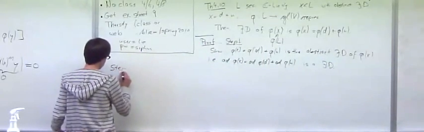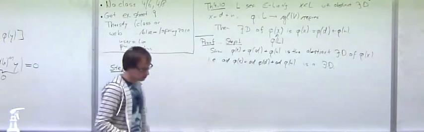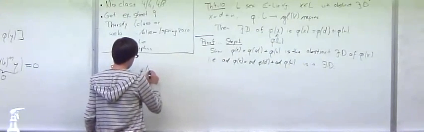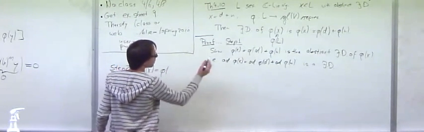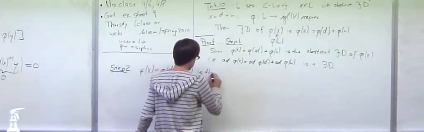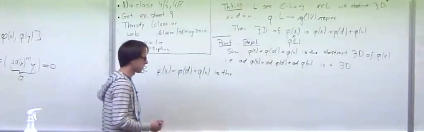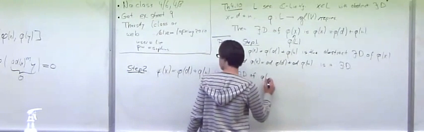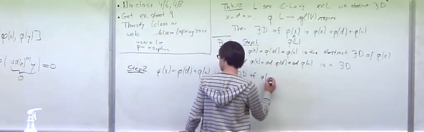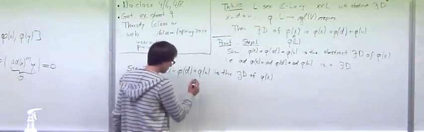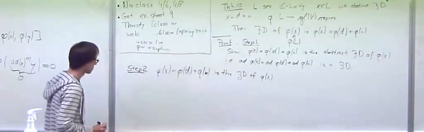Yeah, and now to finish the proof, of course, we have to show that φ(x) = φ(d) + φ(n) is the actual Jordan decomposition of φ(x), not just the abstract one. And for this we use the uniqueness of the Jordan decomposition. Well, let's just